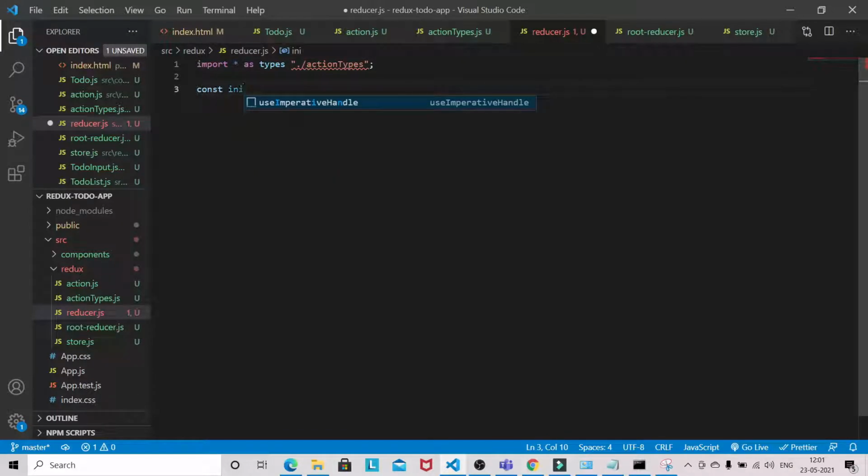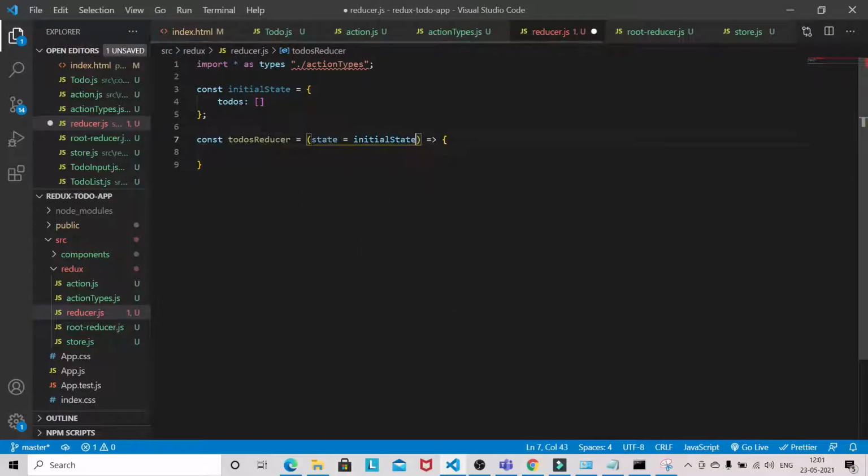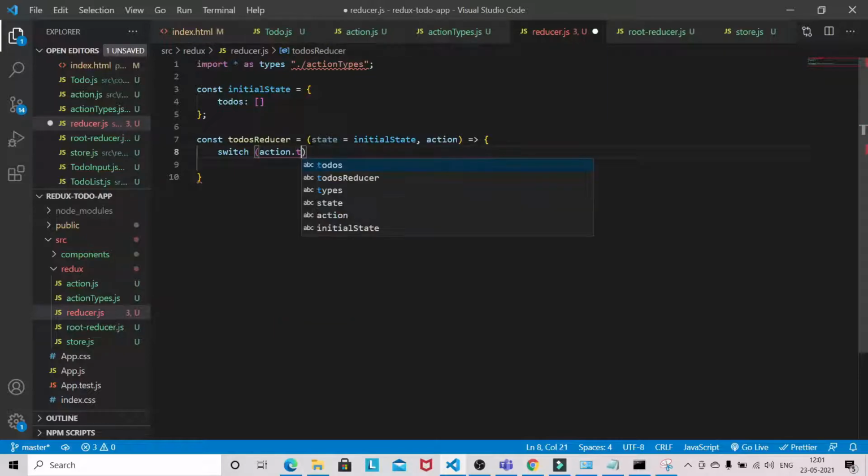Then const initialState, with todos. Then const todosReducer, which will be receiving state, initial state, and action. Then switch on action.type.